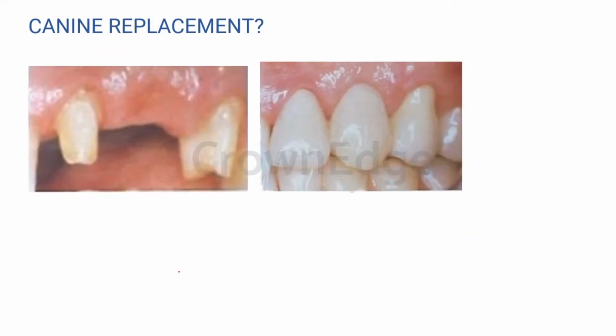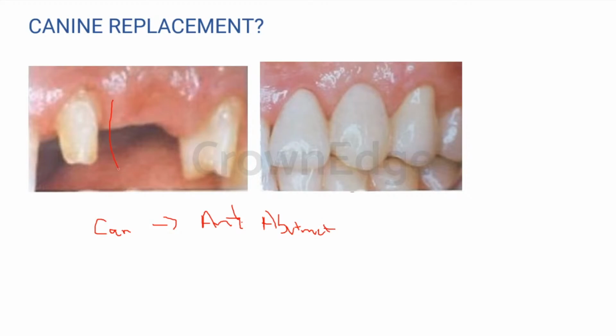Now, this is one very dodgy topic. Okay, why do I say it's a dodgy topic? It is your canine. The replacement of a canine is very, very difficult from both a theoretical perspective as well as an exam-based perspective. Okay, why? Your canine is the strongest anterior abutment. There's nothing stronger than your canine. So its replacement makes it more